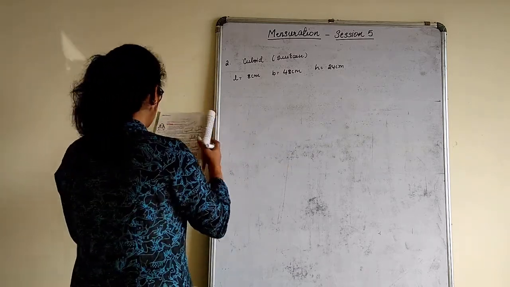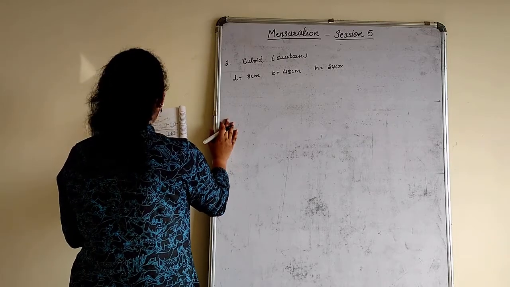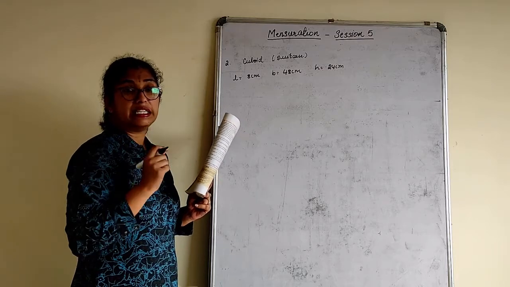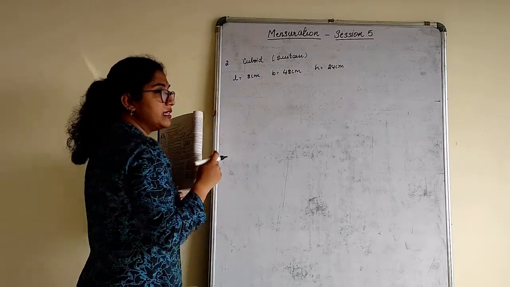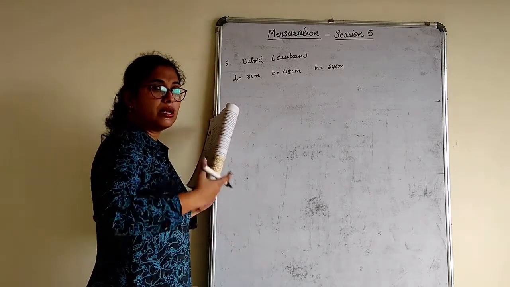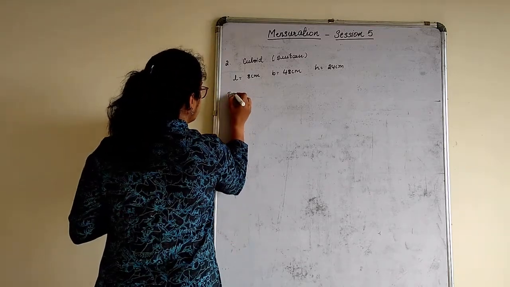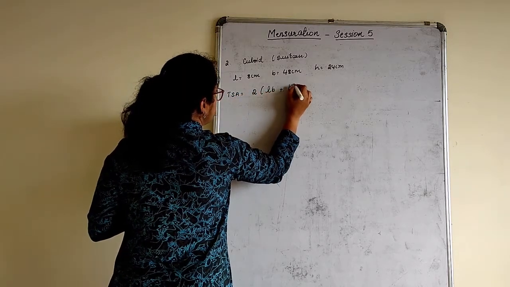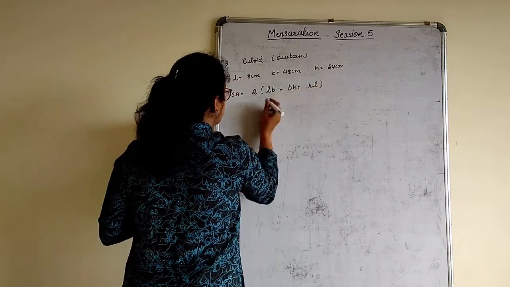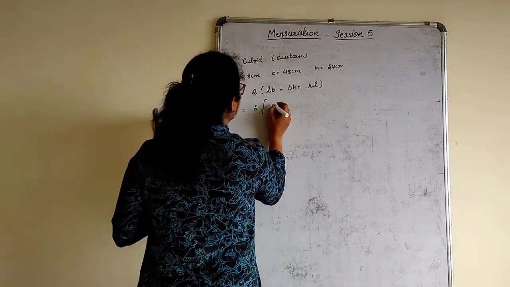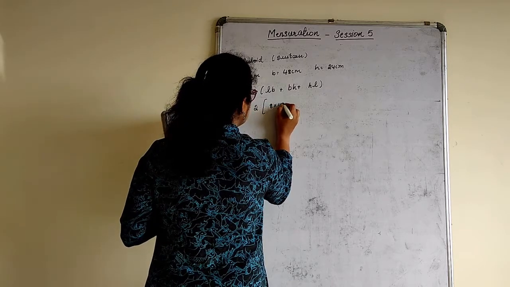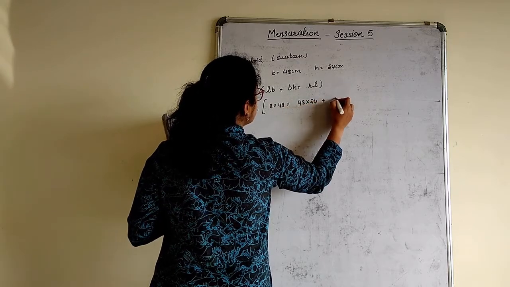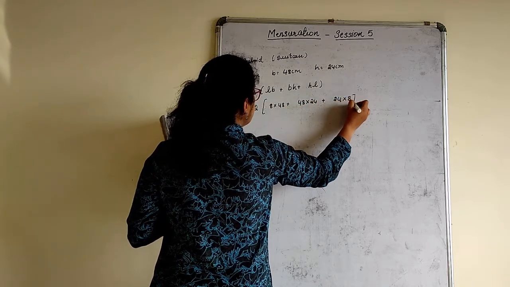So let's see here first of all. What we will do first is, let's find out how many meters of cloth are required to cover the suitcase. I need to know the TSA. So assuming that the handle and all is excluded, the total part we are supposed to check. Directly I will write TSA is equal to 2 of L into B plus B into H plus H into L. So 2 of 8 into 48 plus 48 into 24 plus 24 into 8.